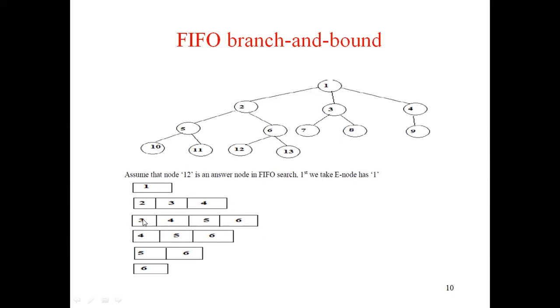Suppose 3 is abandoned, that is, 3 is avoided since it does not lead to the solution node. In that case, you need not explore this one. You need not consider its children. Next, consider 4 and process it. It is also not giving the solution. So take 5, the fifth node is this one. Next 6, the sixth node is this one. So just like a breadth first search, we can apply this.